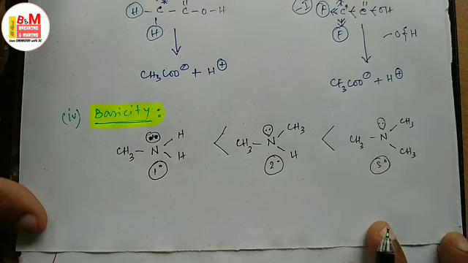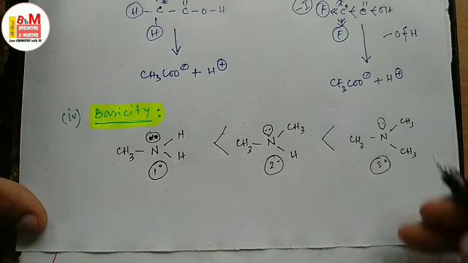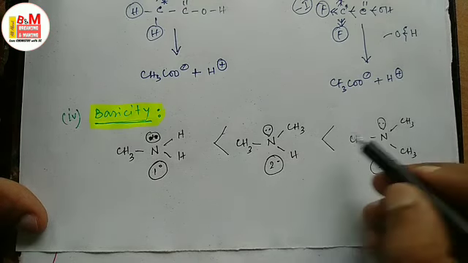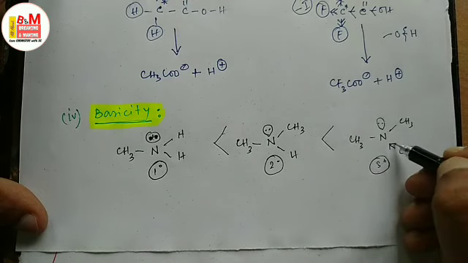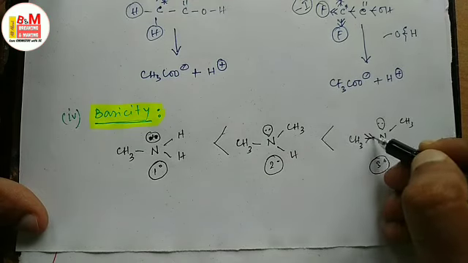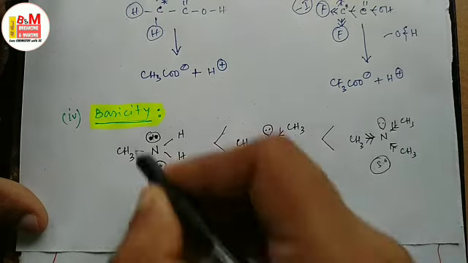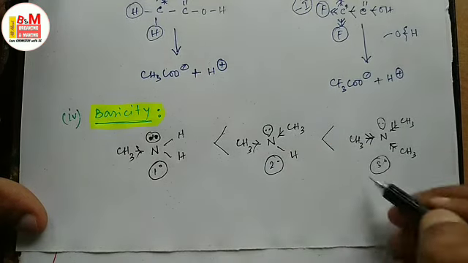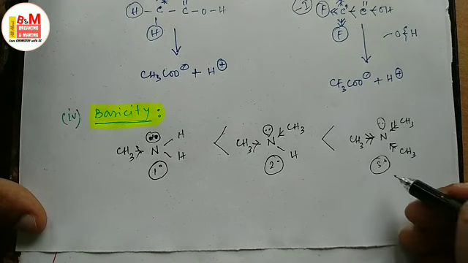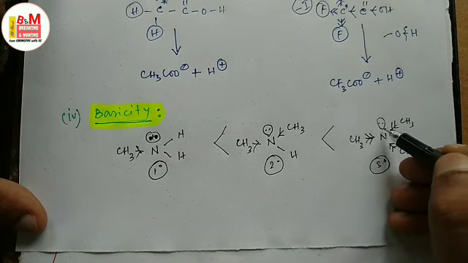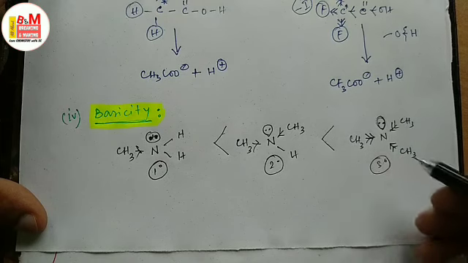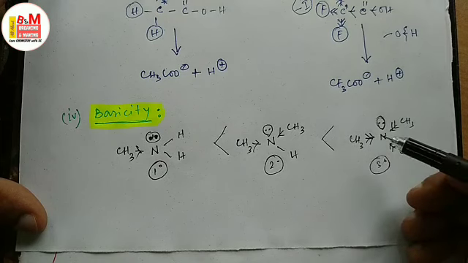It can be explained in terms of inductive effect, because here the methyl groups are basically plus I effect containing groups, thus naturally will give electron density towards the amine nitrogen center, here also and here also. Now here the number of electron donating methyl groups is 3, so thereby the electron density or the availability of this lone pair over this nitrogen is more.